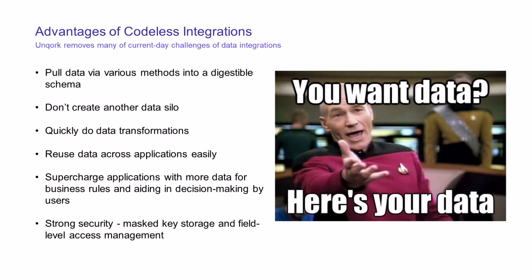One of the big issues with third-party systems generally is I don't want another system of record or another place that I have to take care of looking at where the data is stored, and we'll talk more about how Unqork makes it easy to get data back into the right systems. The data transformation elements and tools that are already built in are very quick, and we'll get into more of the reusability component as well.